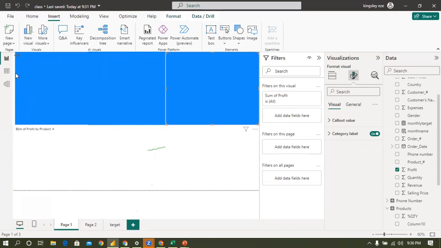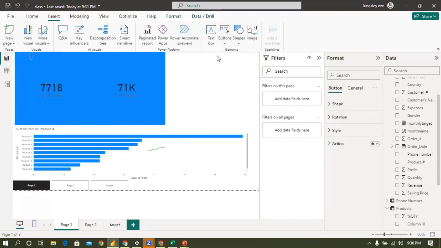Let me go back a bit. If I need to put it somewhere here, it's too small, so I just reduce the size. Somewhere around here. Now I can have it here. So I'll be able to click on this to take me to the right or to the left. If I hold down Control, I'll click on this. It will take me to the